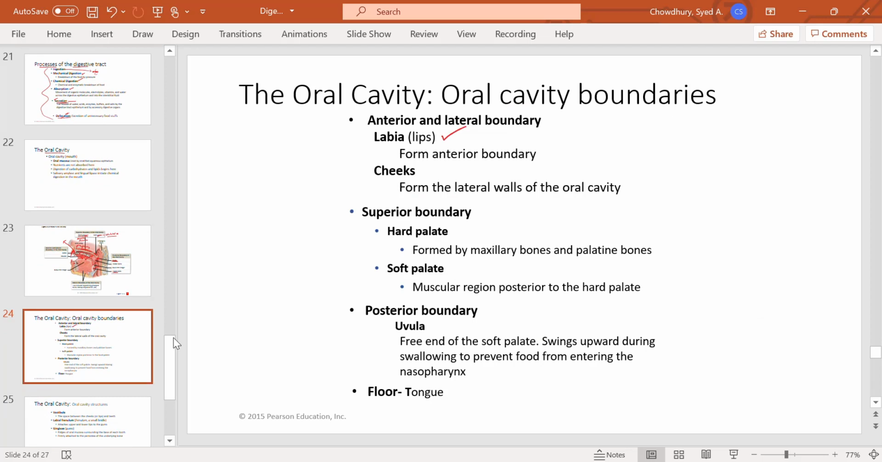Labia is the lip. Cheeks form the lateral walls I mentioned. Hard palate and soft palate, that means the palate forms the roof or superior boundary, and then the floor is the tongue. And if you see the back, you will see the posterior opening of the oral cavity, and you can also see the hanging structure, that's the uvula. Okay,